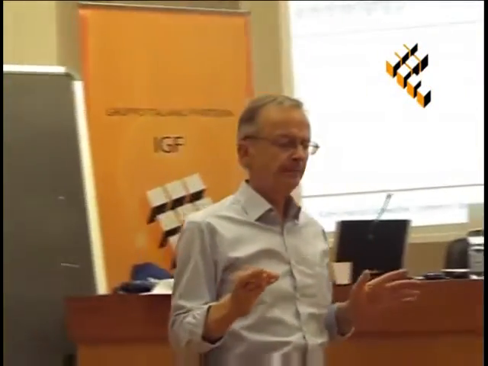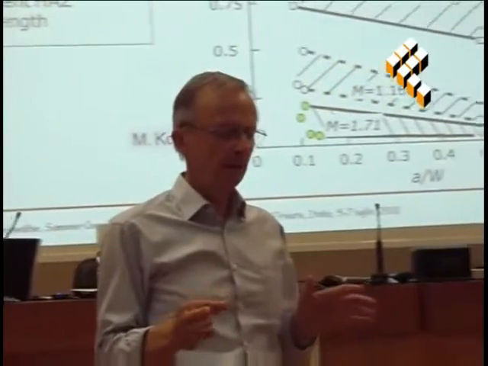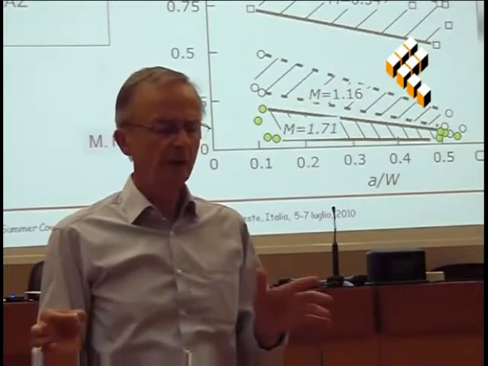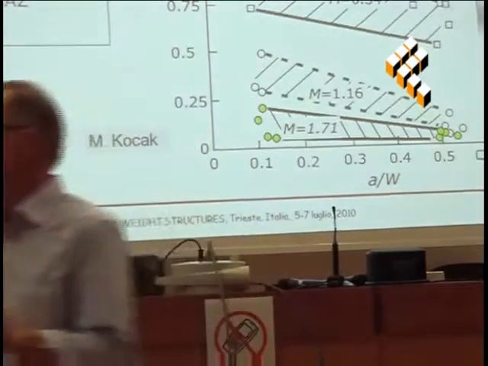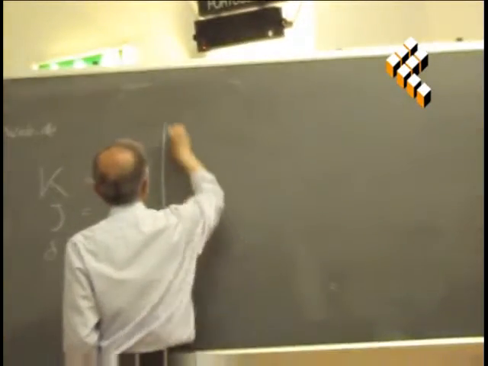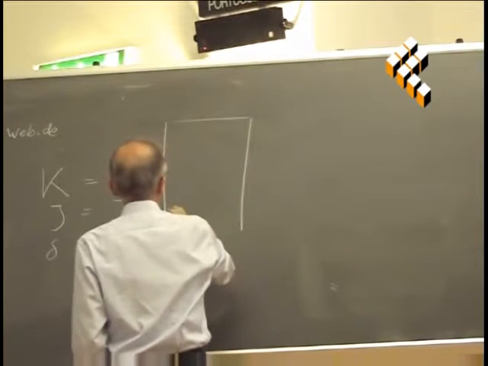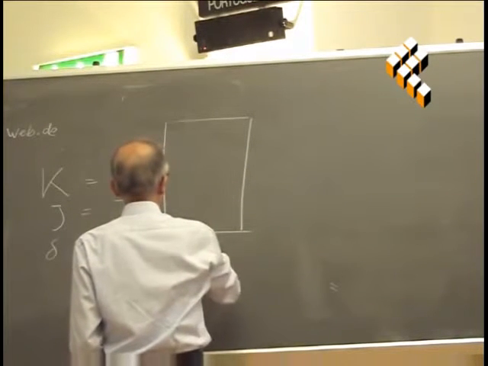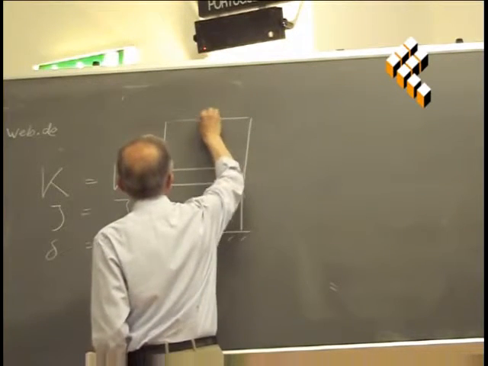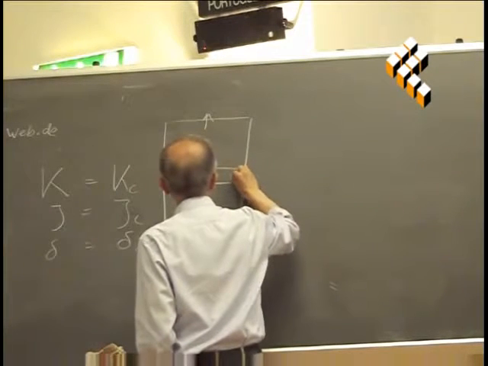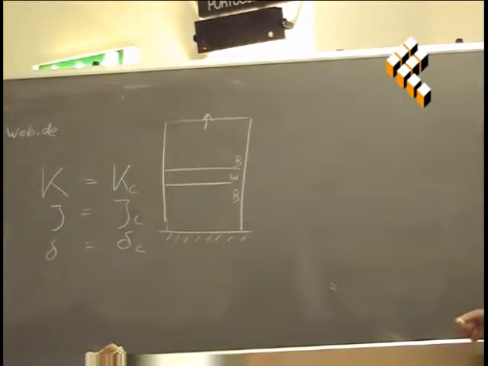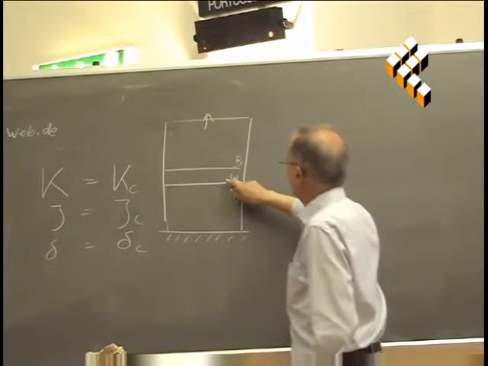When I compare a crack in a weld metal whose strength is different from that of the base plate, with a crack sitting in the base plate, then I will have to account for the distribution of deformation. So this is supposed to be a welded plate. This is weld, W is weld metal, and B is base plate. And when the weld metal here